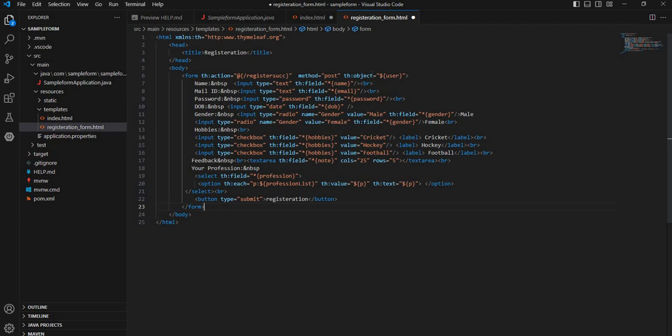So object, let us create the object name as user. That object has to be given in dollar and name, followed by